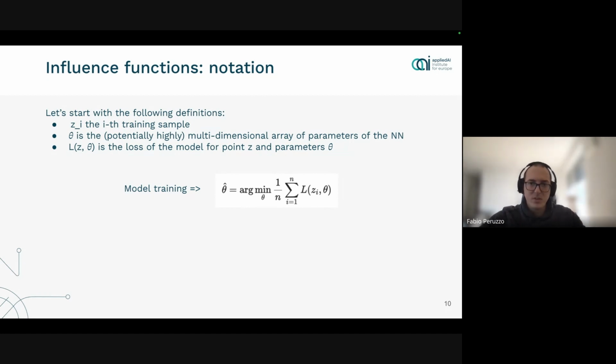And what we do when we do model training is we try to find those parameters that minimize the loss, right? So here you find the theta that minimizes this expression, which is the average of the loss. This is what we do when we do model training, despite the fact that this is not really what we do, because we rarely go until full convergence. Normally when we train a model, we use some early stopping, we use some form of regularization, because if we go until the loss is completely zero, our model is useless because it's just overfitting on the training data.